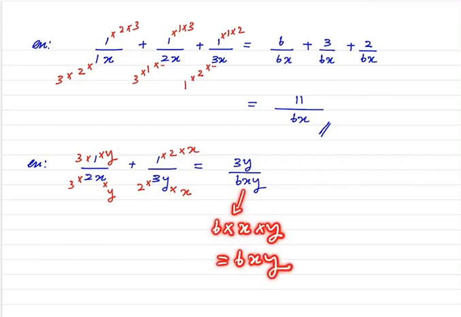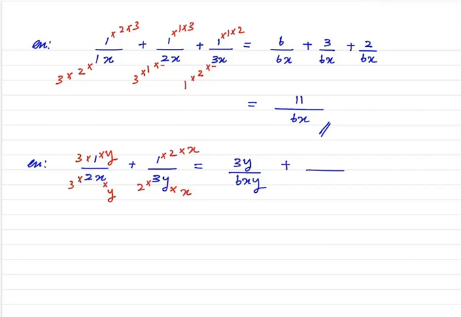That's the understanding, right? If you see this, you have to understand, oh, this is what it is. Then plus denominator, you have again 6xy. Numerator, you have 1 times 2 is 2 times x is 2x. So it's going to be 2x. Now, what we do, 6xy is common. You can see, I'm going to write 3y plus 2x.